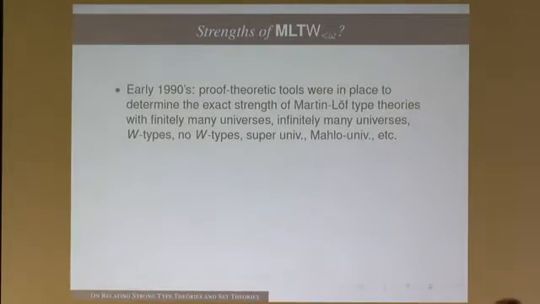There were a lot of investigations, mainly in proof theory, starting in the late 1960s, and in particular in the 1970s. And if you vary the ingredients of these type theories, you get very different consistency strengths. There's also a way of having Martin-Löf type theory without universes, which is just of the strength of Peano, for instance, or even less. And so one considered different types of universes, not just these straightforward universes,